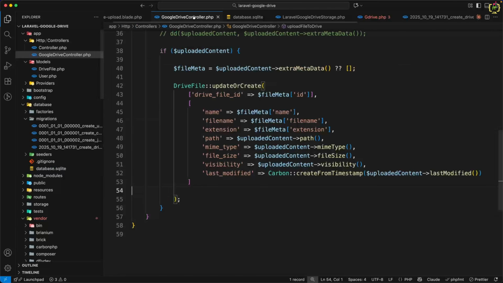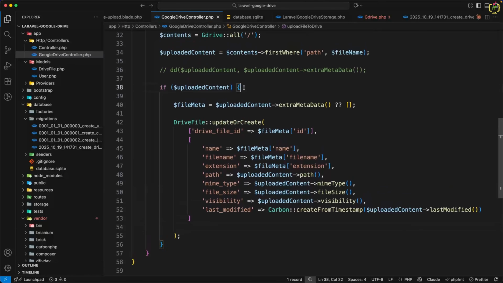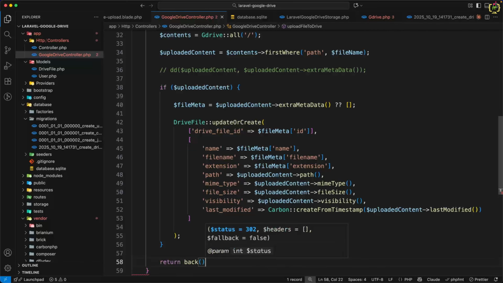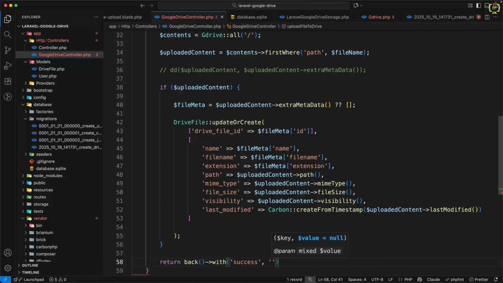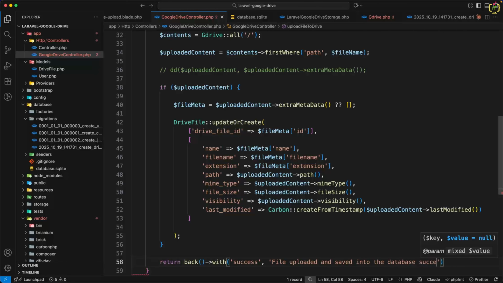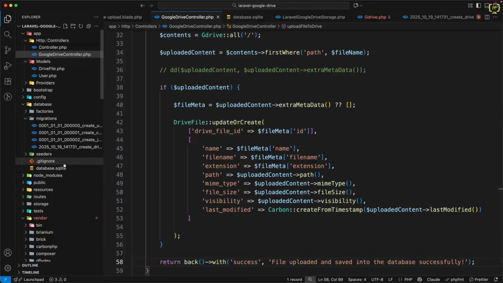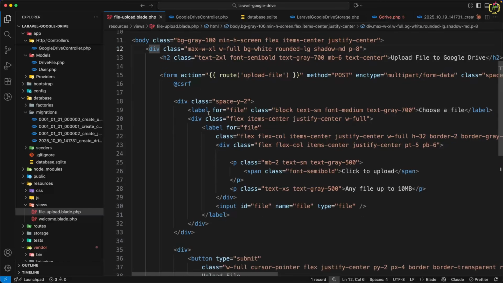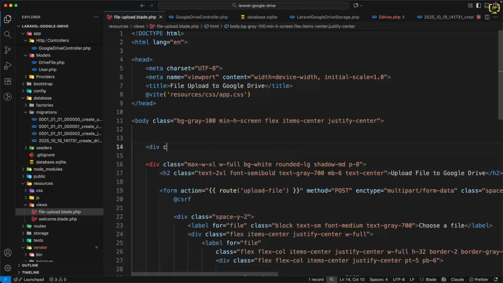So let's go back to the code editor. Now in the controller, after uploading the file, here I will return back with success, and I will give a message as file uploaded and saved into the database successfully. Now let's navigate back to this file upload view, and just above this heading, here I will create one